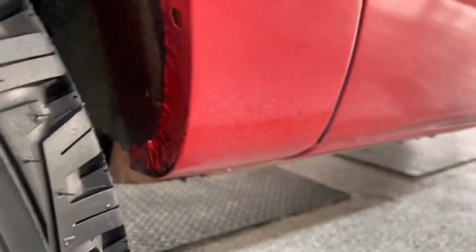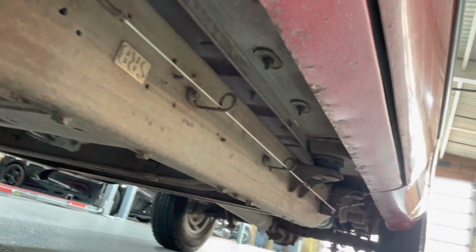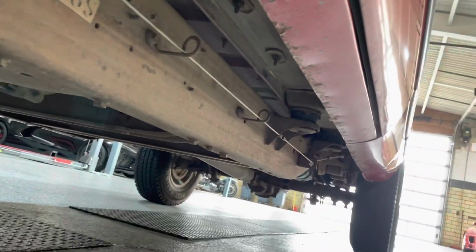And I don't know if you can see kind of in the fender wells here, but other than some surface rust, very solid. No rust there. We'll just go ahead and show you under the rockers here, under the cab, super clean underneath the truck. All right, looking down the door of the truck,